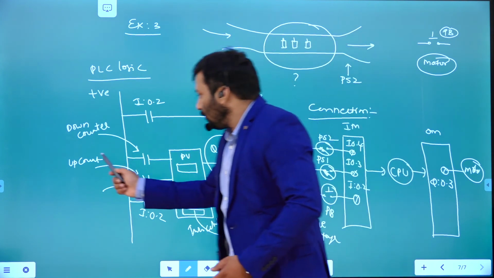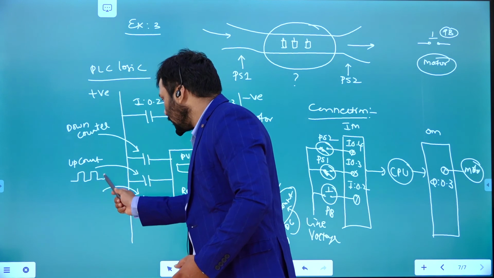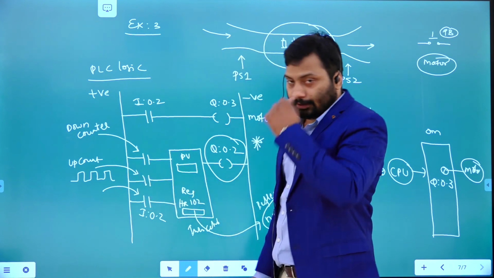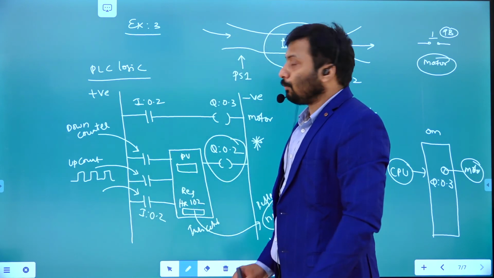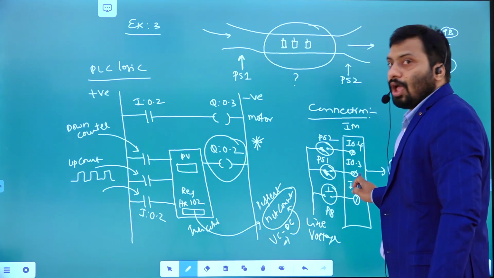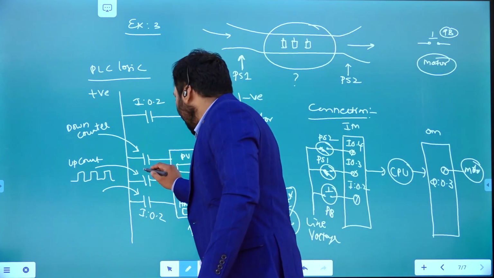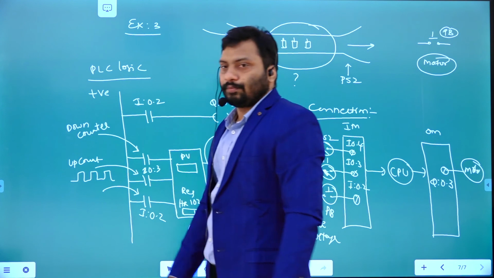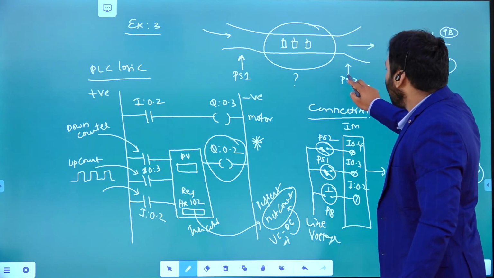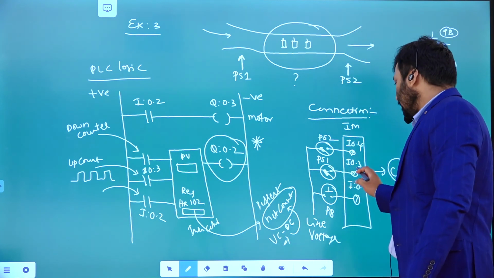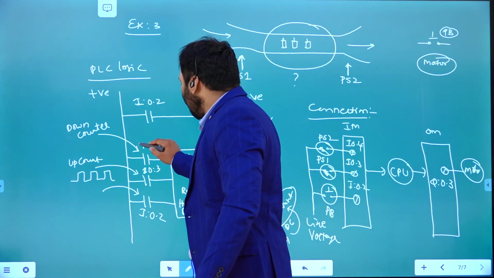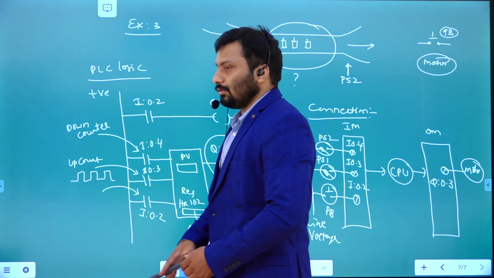So that means what? For every one pulse coming to this particular contact, from where is this up count going to get it? From proximity sensor 1. Proximity sensor 1 is going to be connected to what terminal? I0.3. So that address you need to give here, I0.3, right. The down counter contact, where are you getting it from here? From proximity sensor 2. Proximity sensor 2 is going to be connected to what terminal? I0.4. That is the reason here you need to give address I0.4, right.